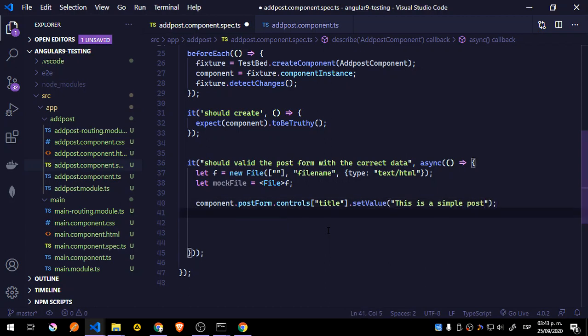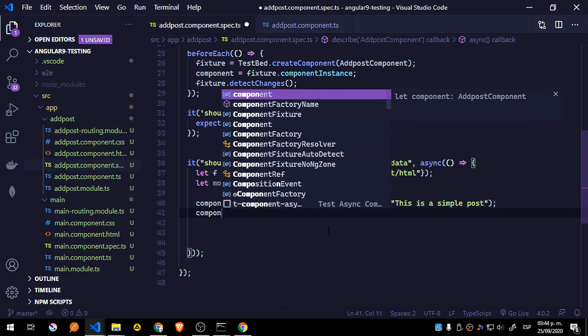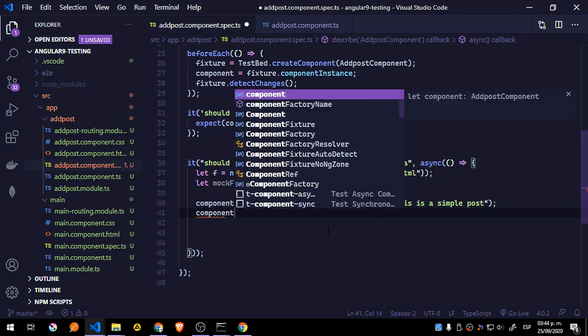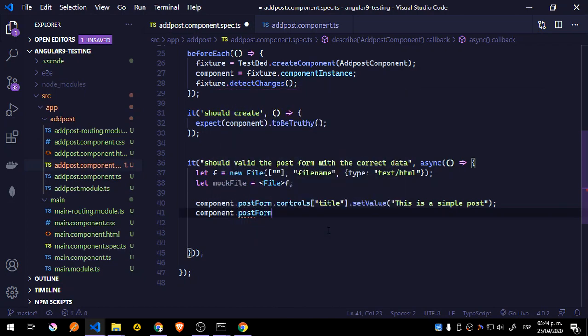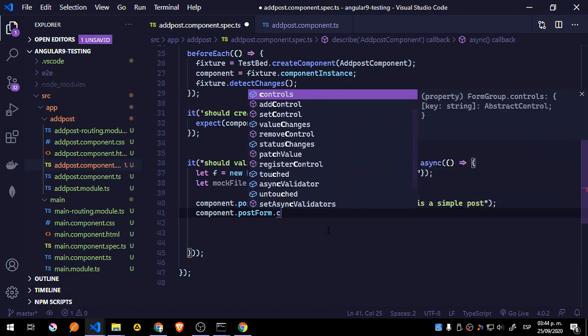Because we're setting this because the form has this valid requirement. Sorry, this required requirement for the title and the cover, and the minimum length for the content. So that's how we're going to bypass that and set this form to be valid,